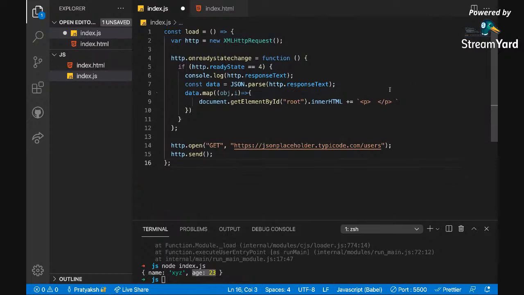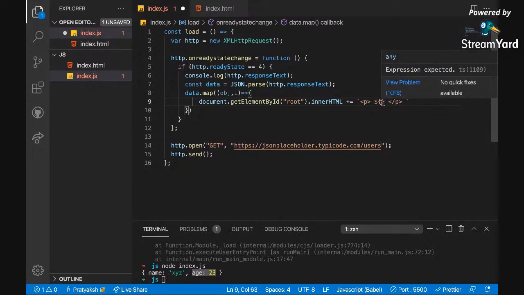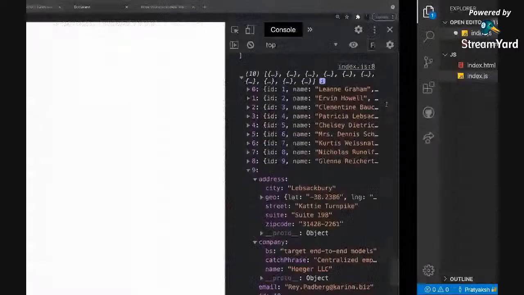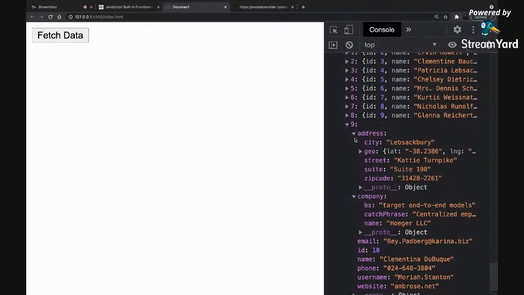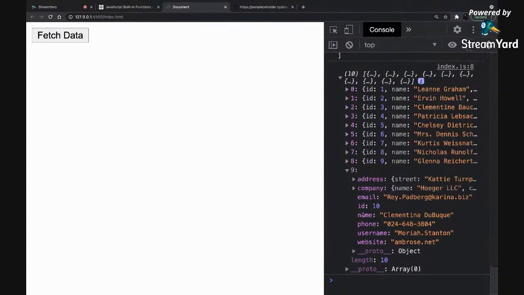But what backticks give is that now if you give a dollar sign and use two curly brackets, whatever you write inside it is compilable, which means it's dynamic. So now I can say over here that I want object, and since we logged it, we know this object has something called username.